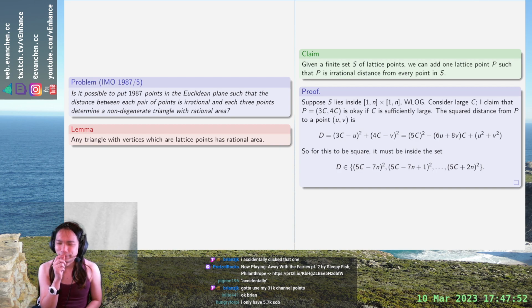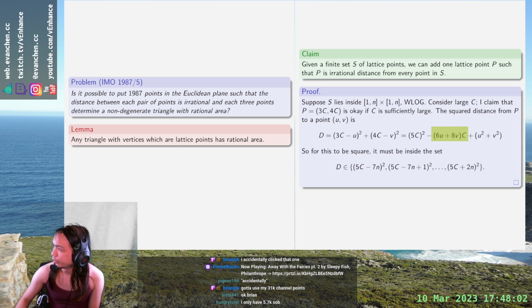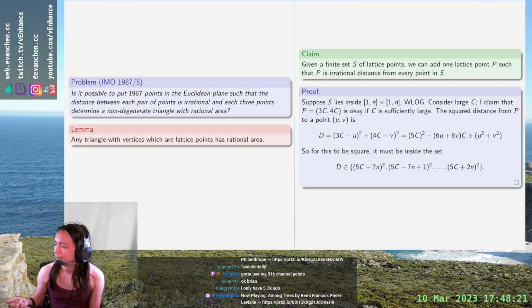I feel like I'm confusing myself. Something feels really off to me. No, this should be okay, right? So this is at most minus 14nc. The upper side is at most like 2n squared. So there's only 9n different squares in this set, right? I don't know exactly which values of d it is. Does this work? Am I being stupid? Somehow this feels